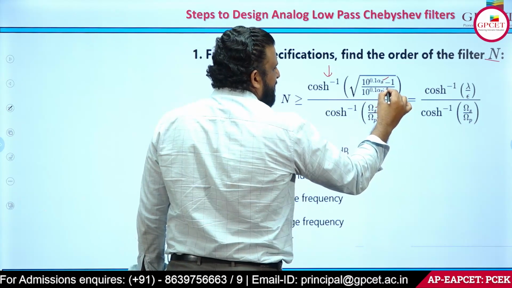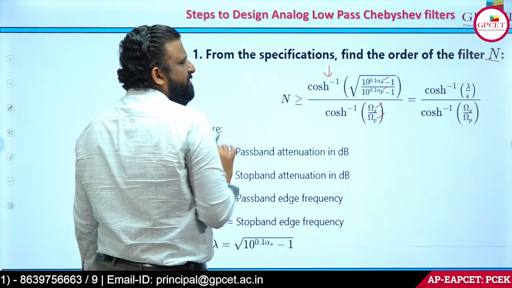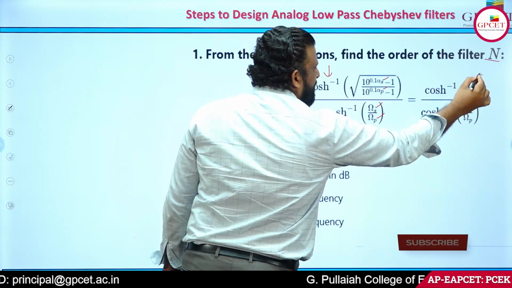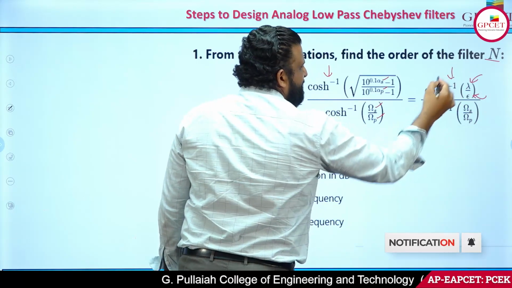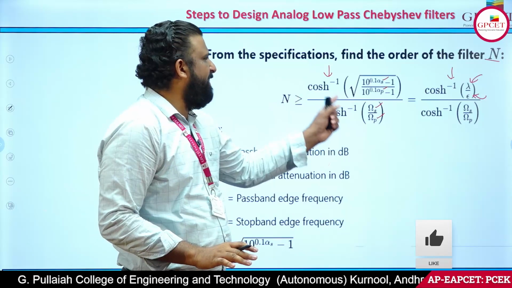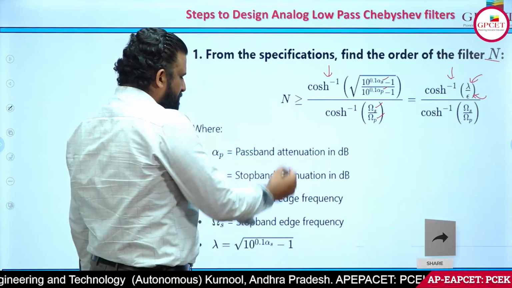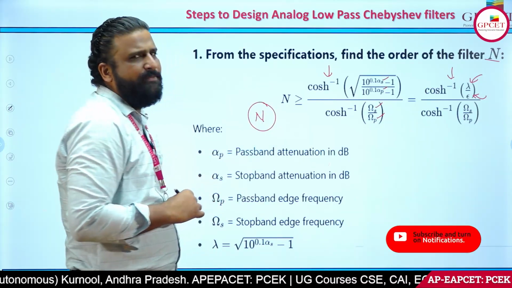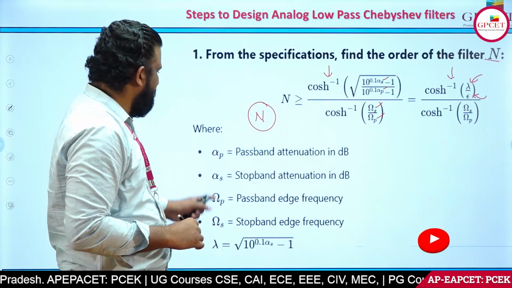omega p, alpha s and alpha p. If these specifications are given in the problem, then we can use this particular formula. Otherwise, if the specification comes only in the form of lambda and epsilon, we can use the other formula. Two formulas, depending upon the specification; we can use either this formula or that one. So in step 1 we are going to find the order of the Chebyshev filter. We know that alpha p is the passband attenuation, alpha s is the stop band attenuation,